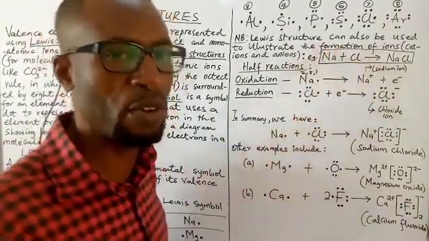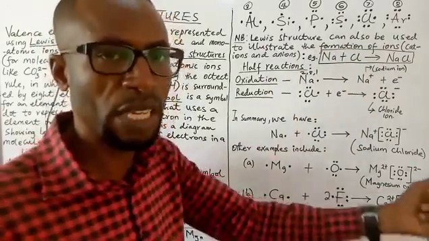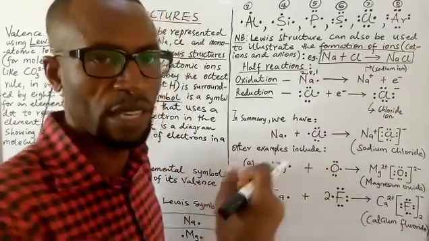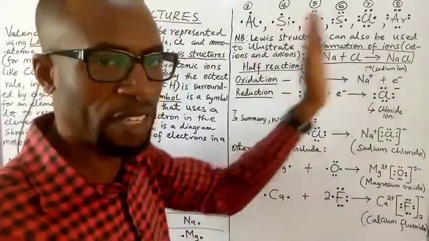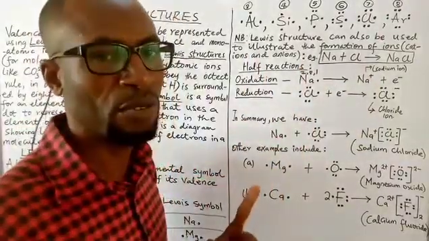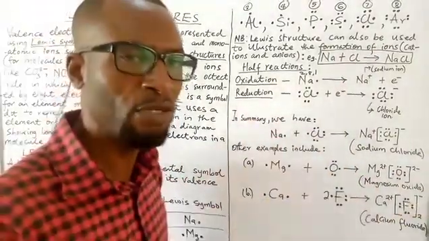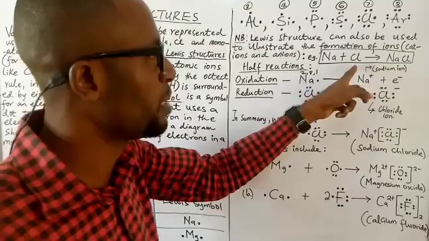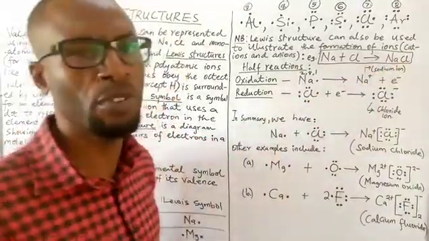That's why it's called a redox reaction, because oxidation, which is loss of electron, is happening at the same time as reduction, which is what? Acceptance of electron. So when sodium is giving out one of its valence electron, that electron doesn't go into the vacuum. That electron is trapped or captured by another atom, which is the chlorine atom, to give us sodium chloride. So that's a redox reaction.